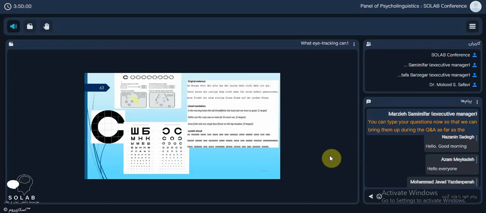Please take a look at the original text that we chose in this study to design our thesis. The original text is the upper text, the middle is the literal translation, and the lower is the Landolt note stimuli. What does Landolt note stimuli mean? Please take a look. You can find two O here.